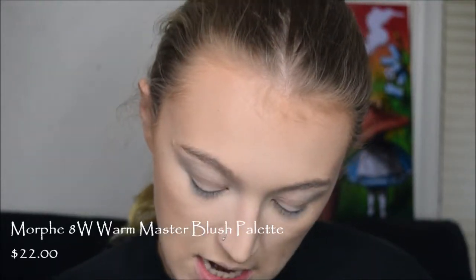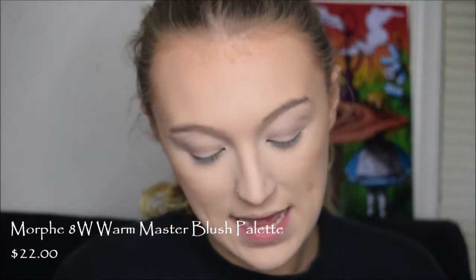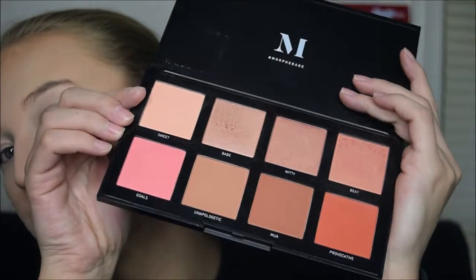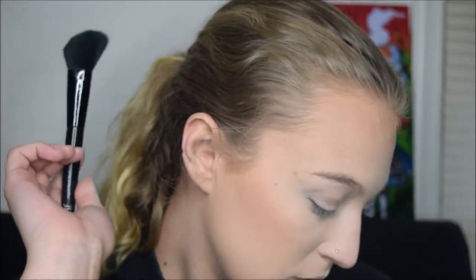For blush, going with this Morphe 8W Warm Blush Palette. It looks like this. I have used this a couple times and I love them. I've always heard how good Morphe's blushes are, but I've never used them before, but they are very good. So today,